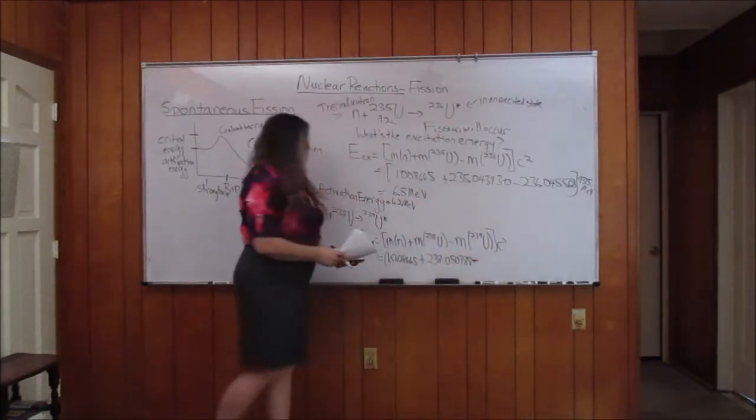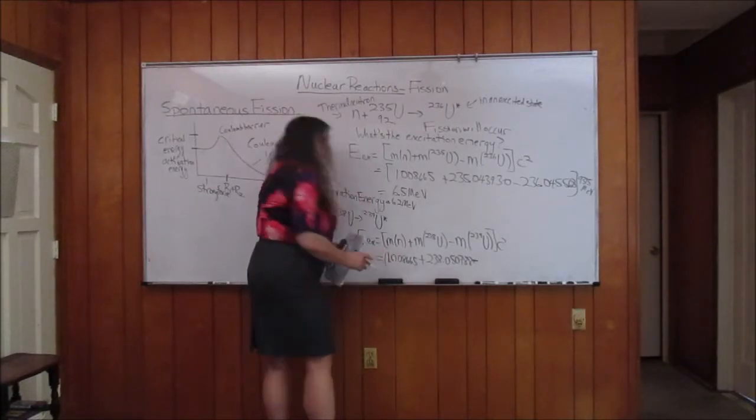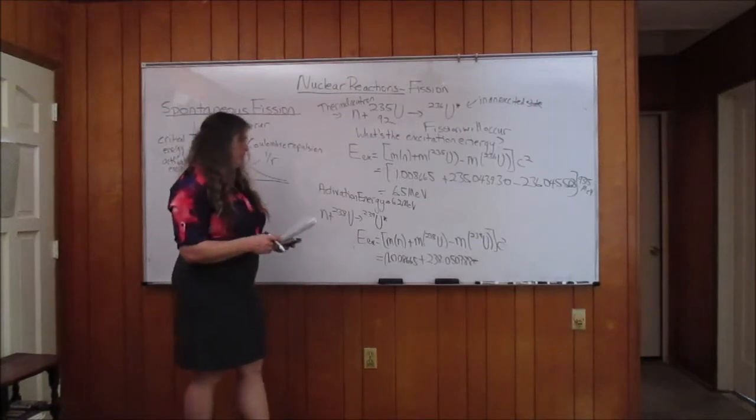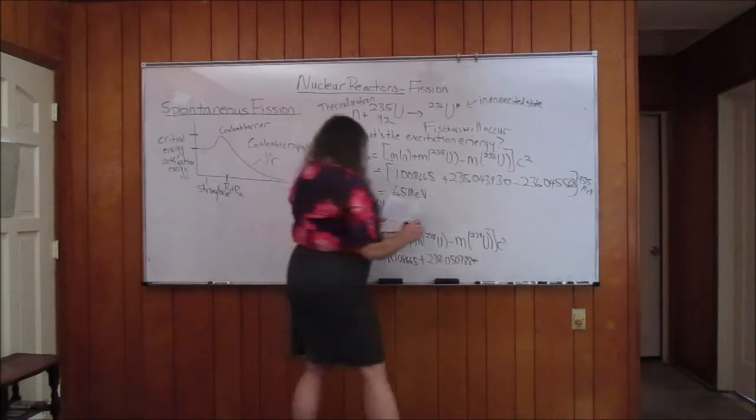Mass of the neutron once again is 1.008665. Mass of uranium-238, 238.050788, and the mass of uranium-239 is